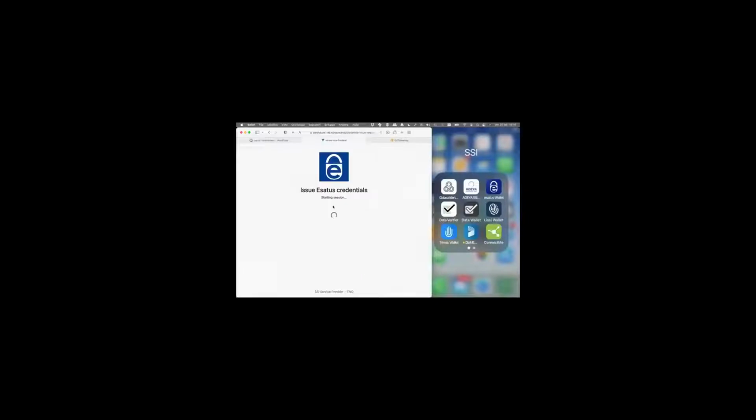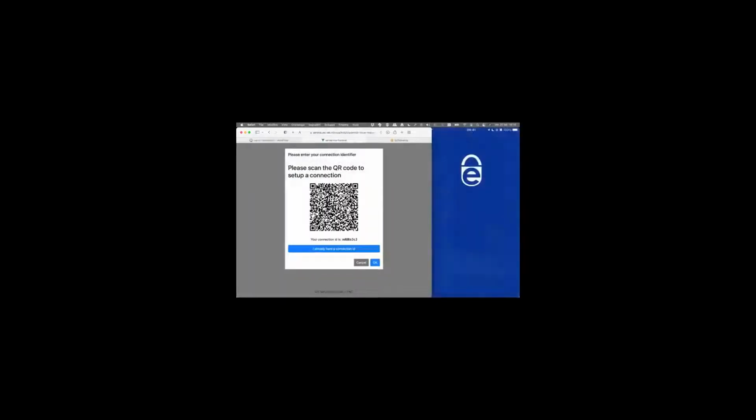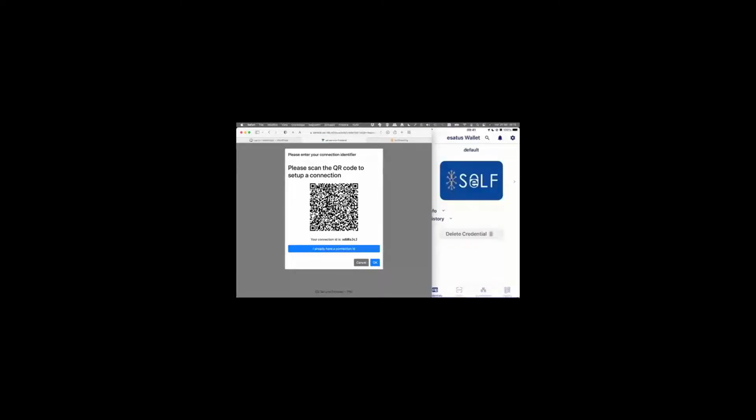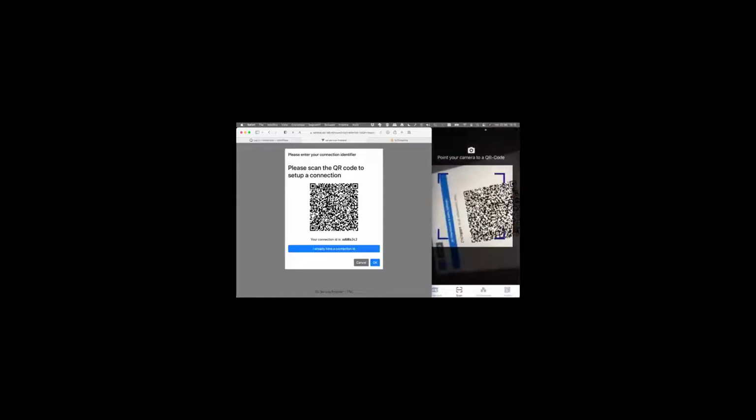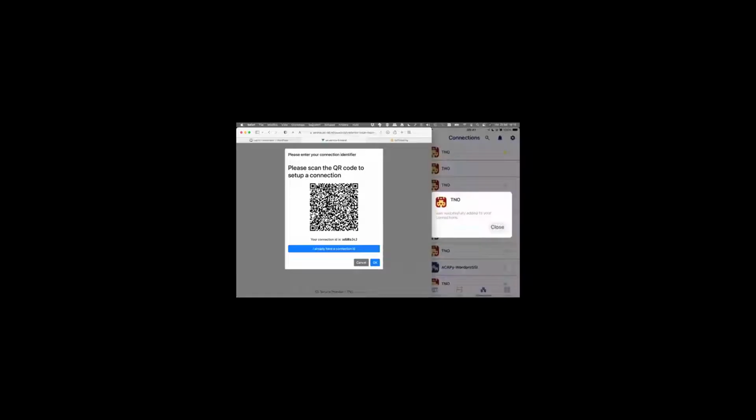Let's choose, for example, the Esatus wallet. And then let's sign up to the site using the Esatus wallet. What will happen is that when I scan the QR code and make the connection with the site, the connection is added.